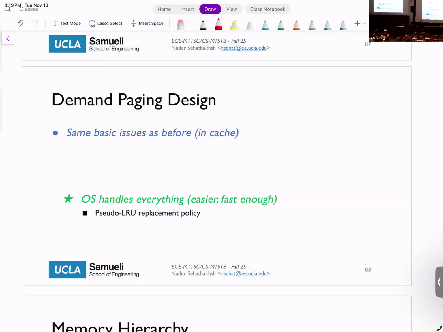Some of you might have actually implemented it in your course projects. So it's already fast enough. You still have the same trade-offs, for example LRU versus pseudo LRU, but generally the operating system is handling that. That's one big difference. The second big difference is the locality. The locality at the page level and at the disk level is very different from the type of locality that you see at the cache level. You still have some locality, but it is slightly different. Just keep that in mind as well.